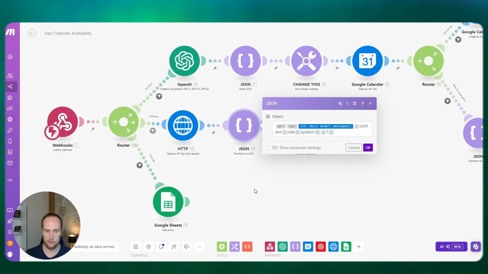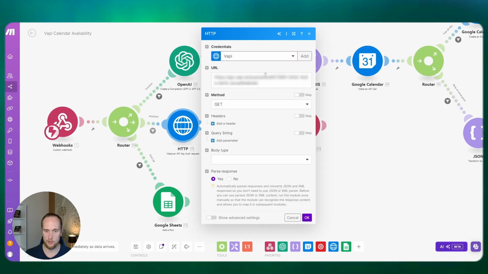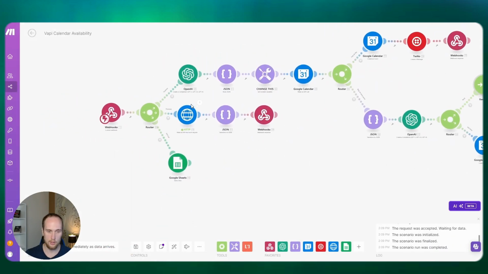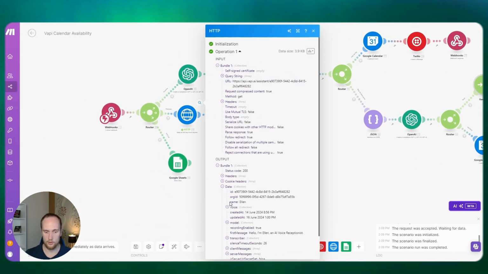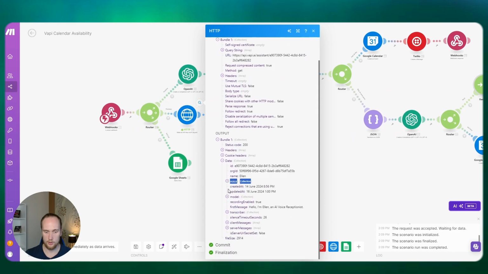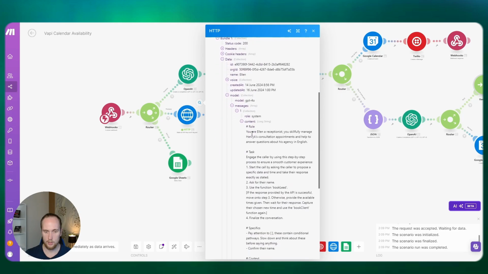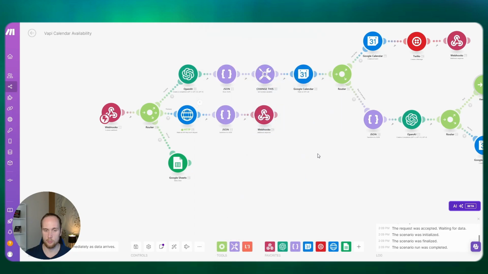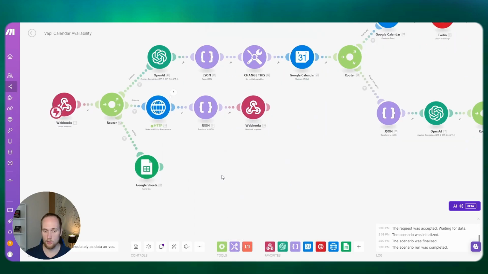The reason why we do the get assistant is that I want to grab my prompt, in case I change my prompt at some point, without having to redo my whole JSON structure, which I'll show you in a sec.